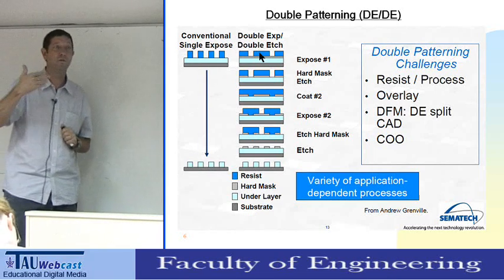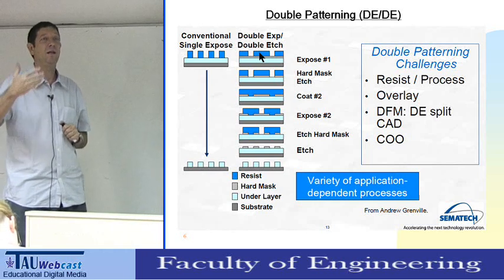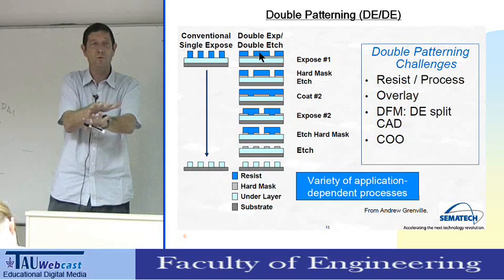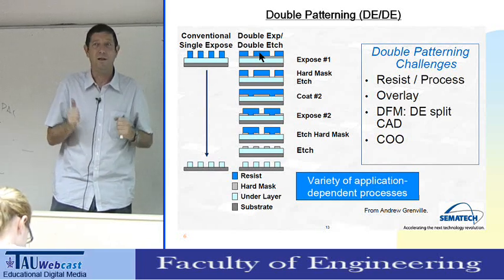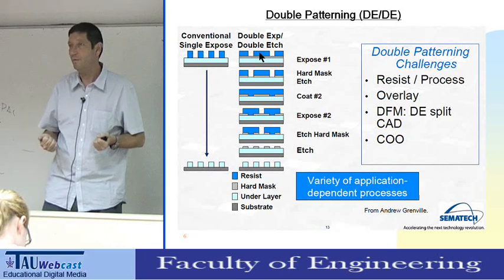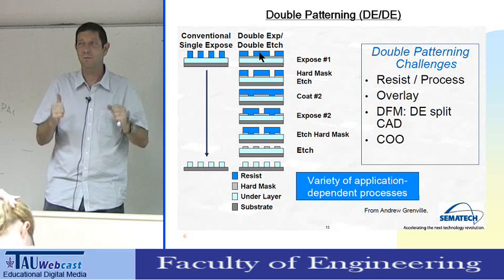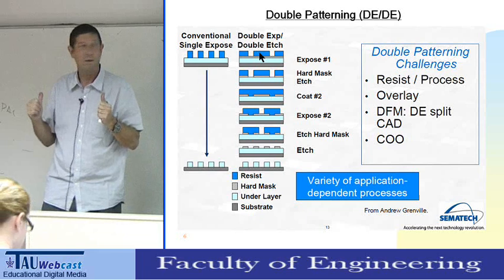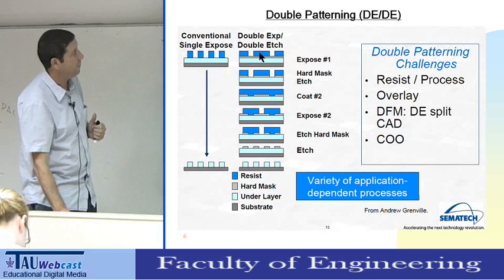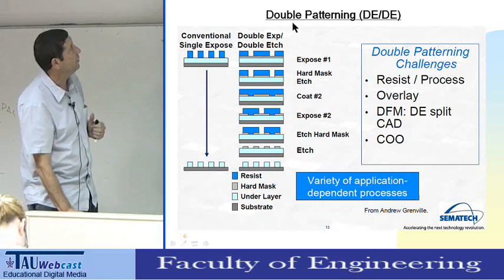I have to do the lithography twice, and I have to make sure that the alignment of the 2 masks is good. However, I can get twice the resolution with the same mask, or the same resolution on the wafer with half the resolution on the mask. So this is called double patterning lithography,